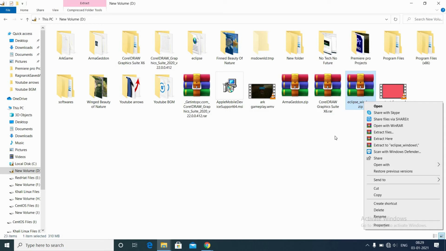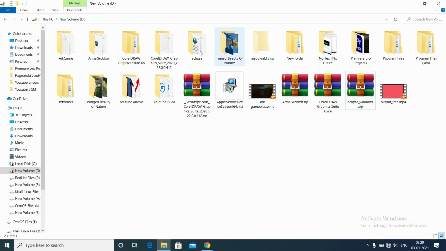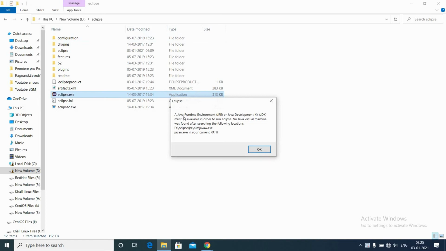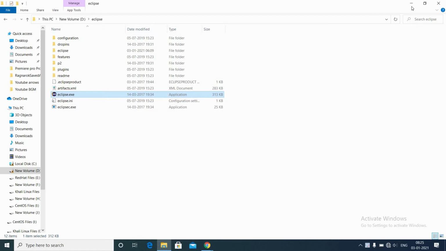extract it, and try running Eclipse. Probably it will throw an error, a JRE error. You must install Java